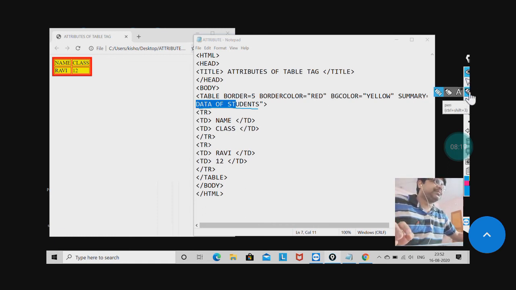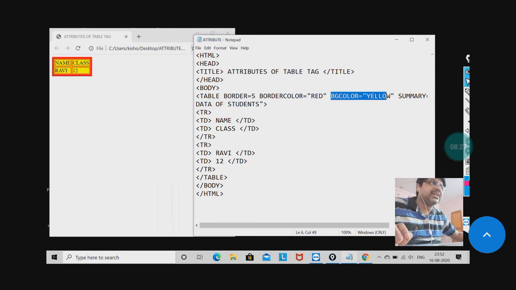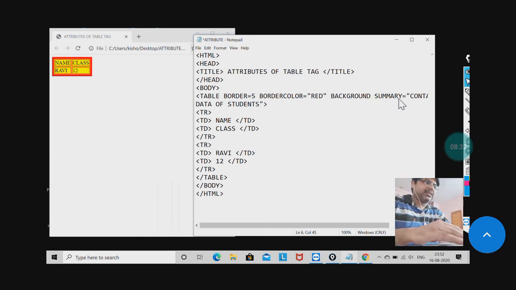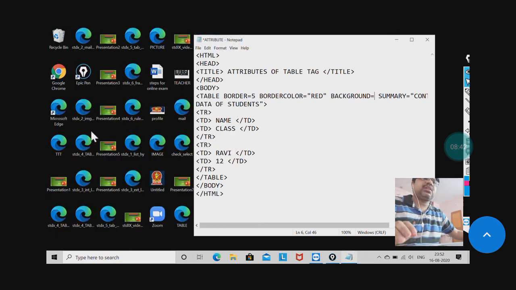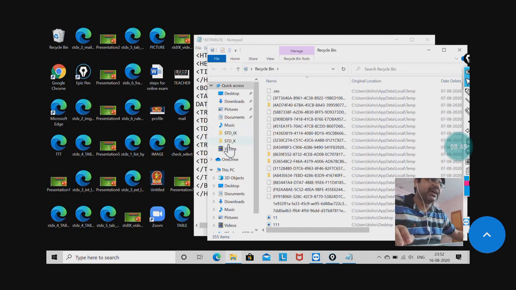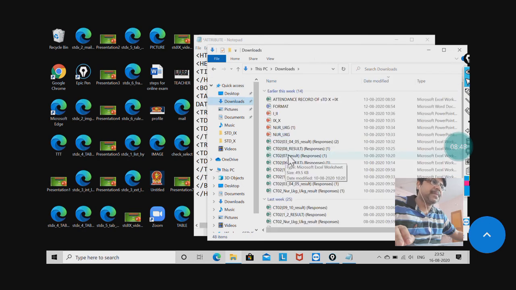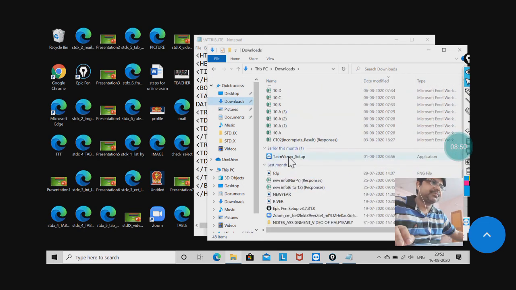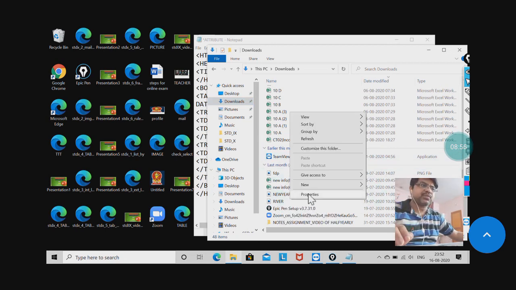Let me show the other topic. Instead of bgcolor yellow, I am going to use background. Now it will not have a background color; instead, it will have an image as a background. First of all, I have to search for the graphics file. See, river is there. I will copy this one.